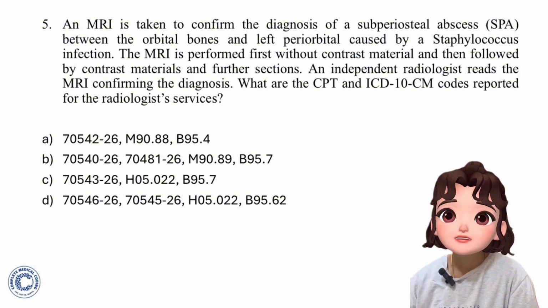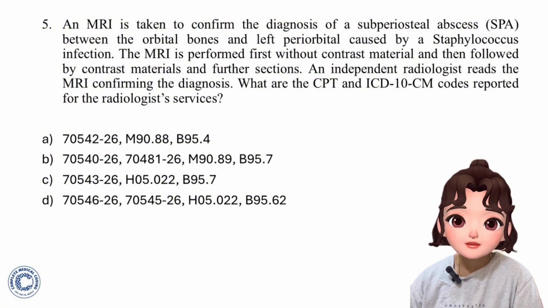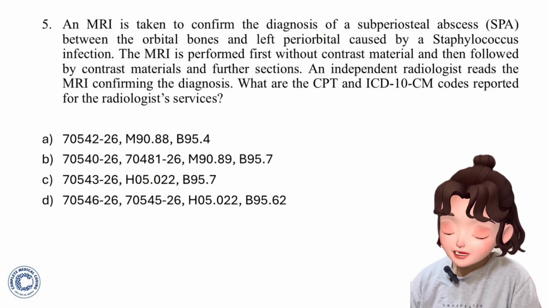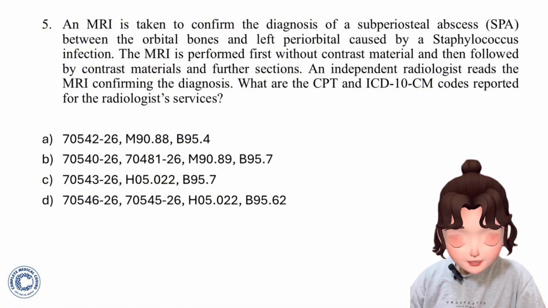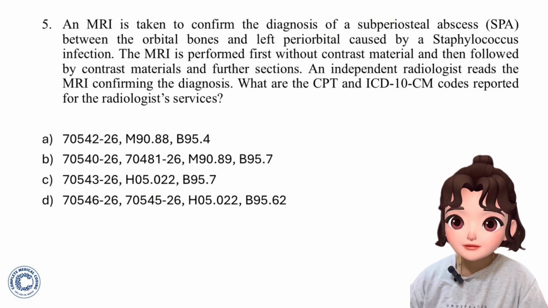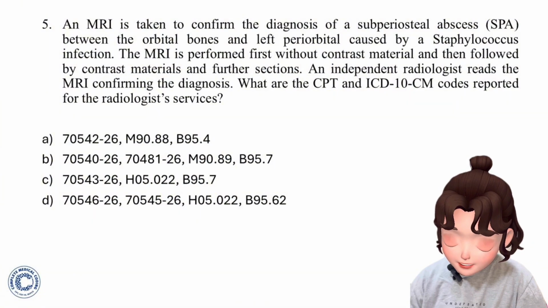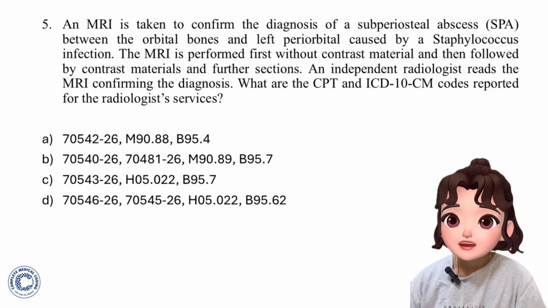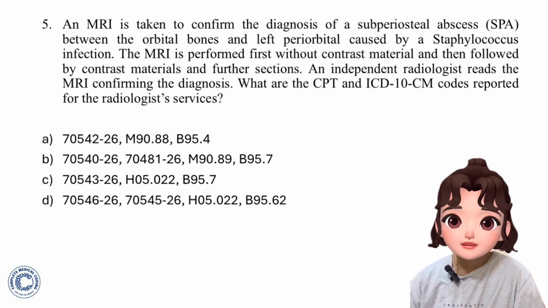So initially in the question it is without contrast material, yes, but it is followed by contrast material. So what is the next code? In option B, the next code is 70481. What is 70481? Computed tomography, orbit, sella, with contrast material. It is mentioned as with contrast material. Okay. So that is also wrong, right? Now, if you go to option C,